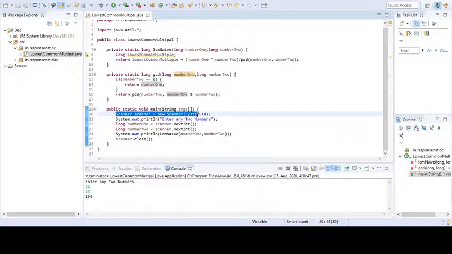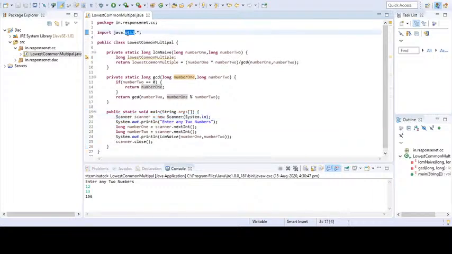आफ्टरवर्ड्स मैंने क्या किया, एक सिंपल चीज, यहाँ पे स्कैनर एक कॉल कर दिया। स्कैनर मुझे यूटिल पैकेज की तरफ से मिल गया। स्कैनर अपने पास आ गया तो हम लोग ने उसको एक ऑब्जेक्ट के थ्रू कॉल किया, एक स्कैनर नाम का ऑब्जेक्ट बनाया। ये मैंने स्कैनर नाम का बनाया, यहाँ पे मैं ओबीजे नाम का भी बना सकता हूँ। फॉर दैट रीजन मुझे यहाँ पे ओबीजे नाम से कॉल करना पड़ता था, यहाँ पे भी ओबीजे नाम से। तो इट मीन्स व्हाट, ये ऑब्जेक्ट के थ्रू मैंने कॉल किया हुआ है।